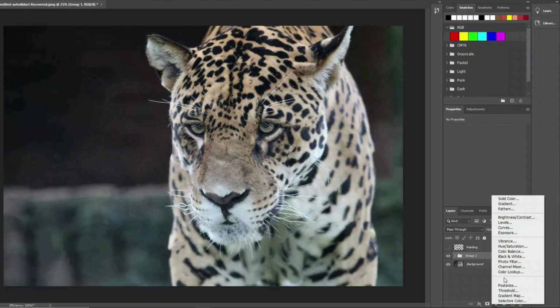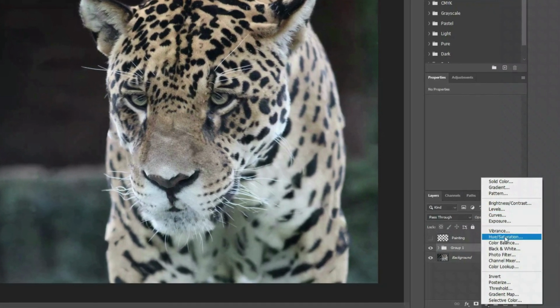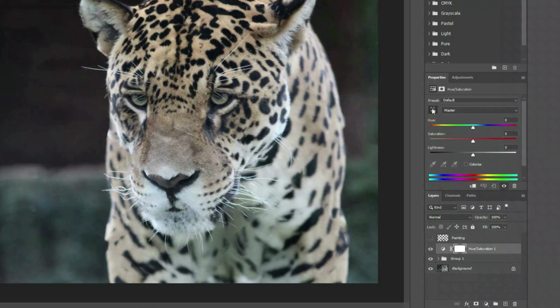Now we can apply the hue and saturation. So we click here and resample to make some color, and sample again, and we can adjust